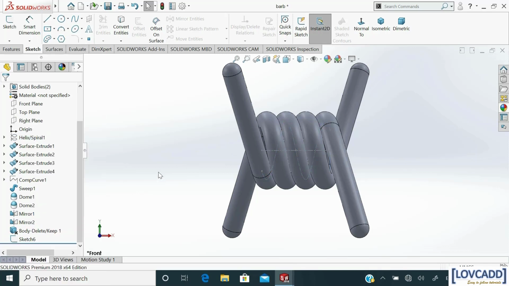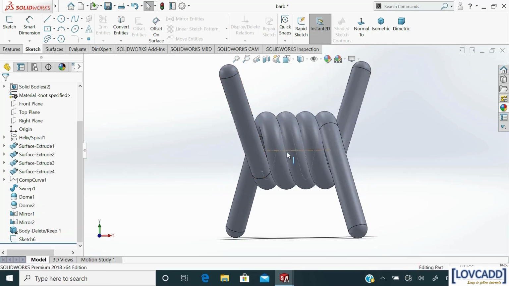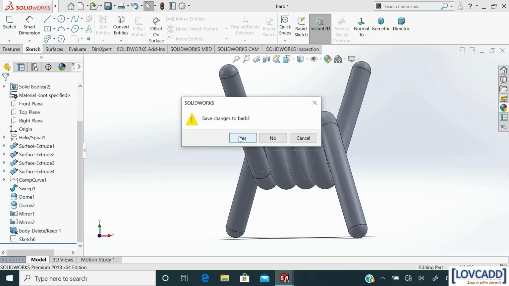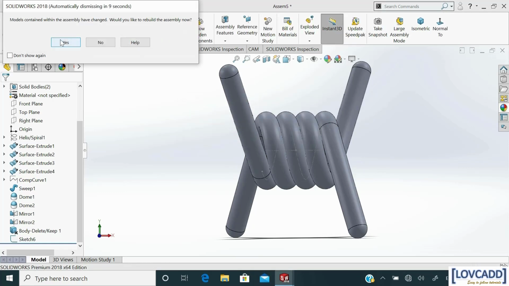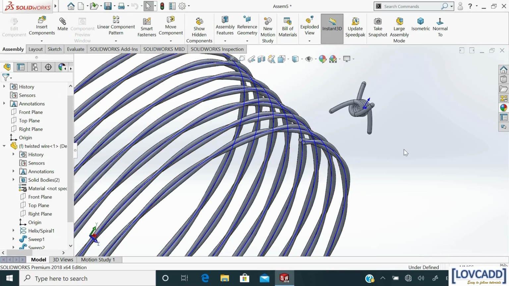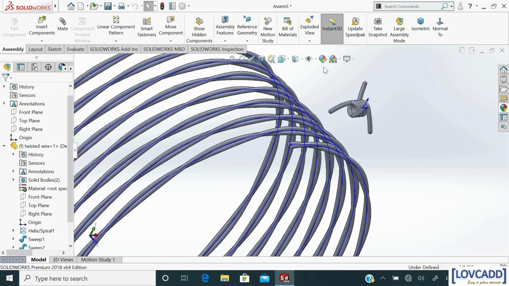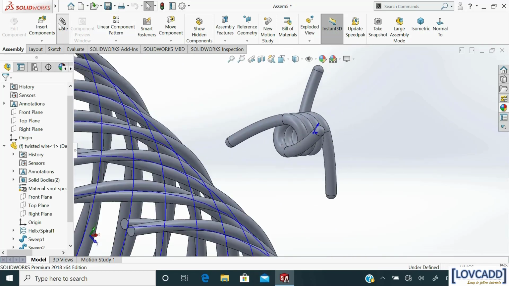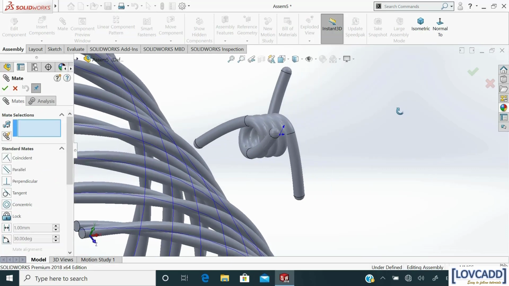Hide the helix. Now close it. Yes. Again yes. Now in show option, select the sketch. Click on mate.